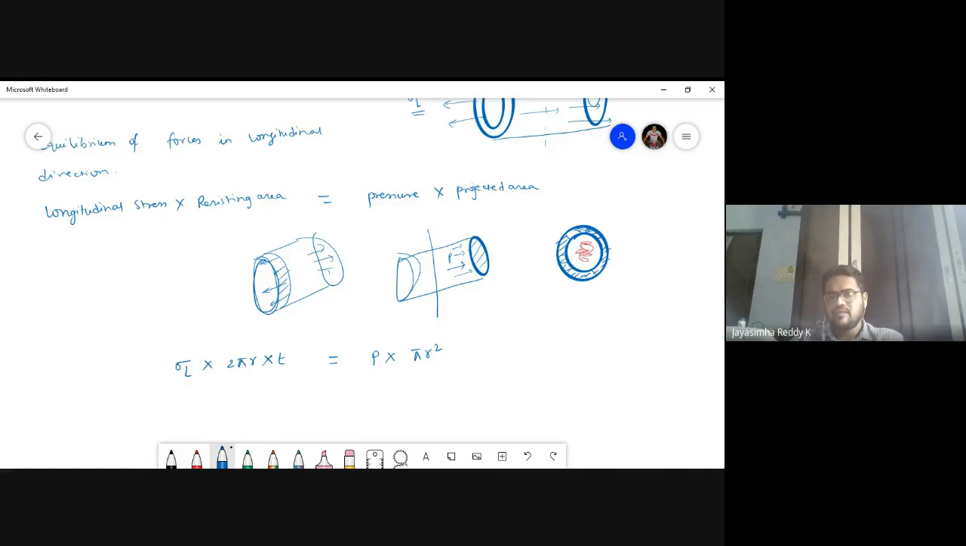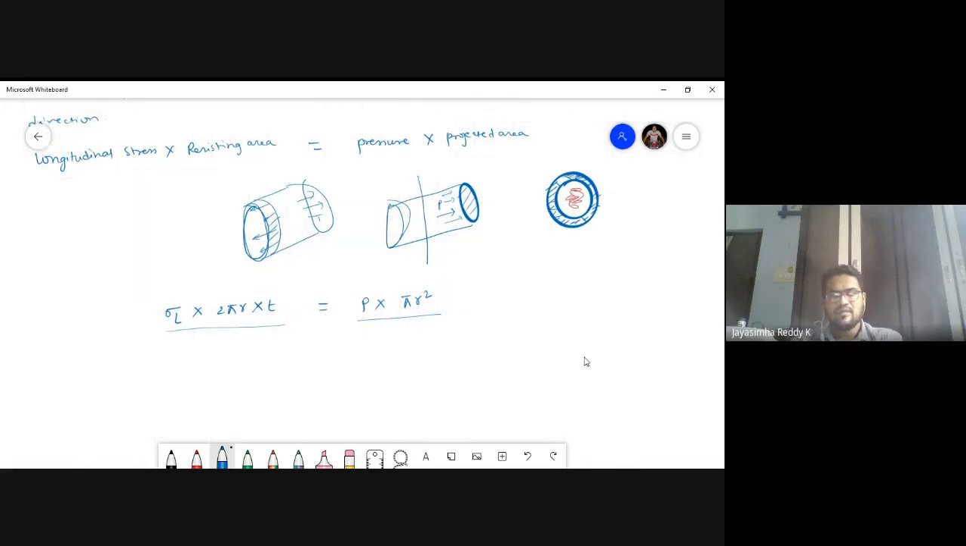Is it clear, students? If you have understood this equation, we will move forward. We can directly write sigma L is equal to P, R gets cancelled, students. R can be written as d by 2, right? So P d, this 2 and the bottom 2 will be multiplied, P d by 4t. Here we have 2, and here this R can be written as